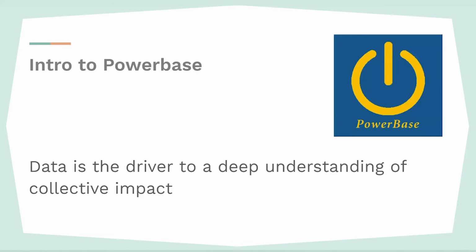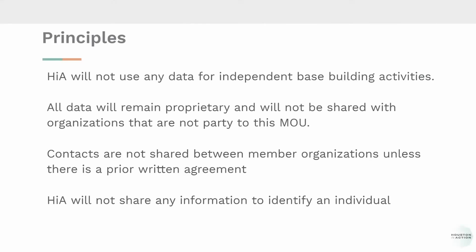As we get started, one of the first things we want to talk about is our working principles when it comes to data. The principles that we have here is to make sure that the data is based on independent capacity building activities. What we mean by that is that for many organizations who do not have a data system, this is an opportunity to understand and use a new data system that can support you. For organizations that may have existing data systems, this is another way to incorporate new leadership with your volunteer members or the base so they can learn how to use the different CRMs.